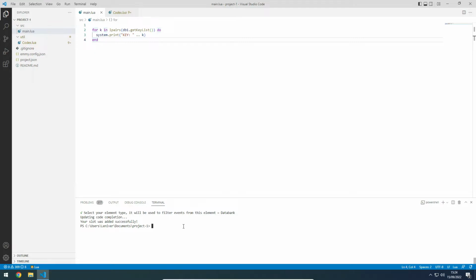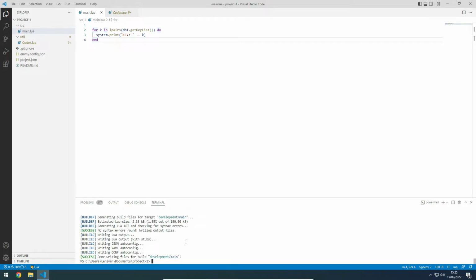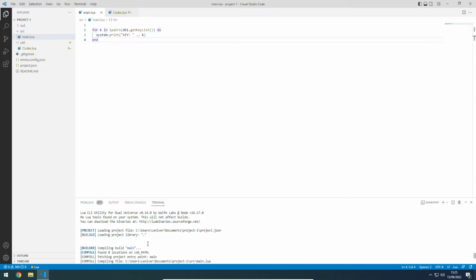So I will show you the first way first, and you will have to use it at the end. So you have to compile the program. You do that by running these commands, and it will build all the